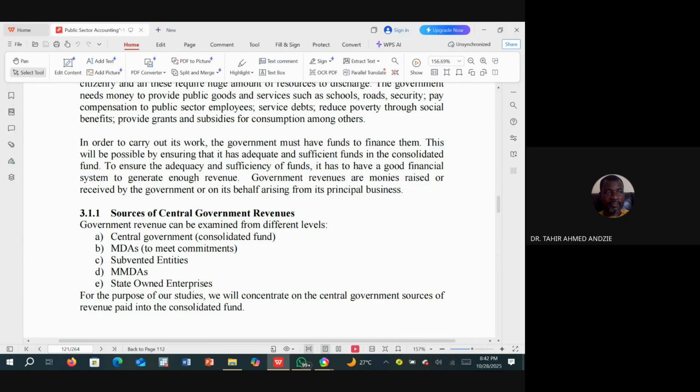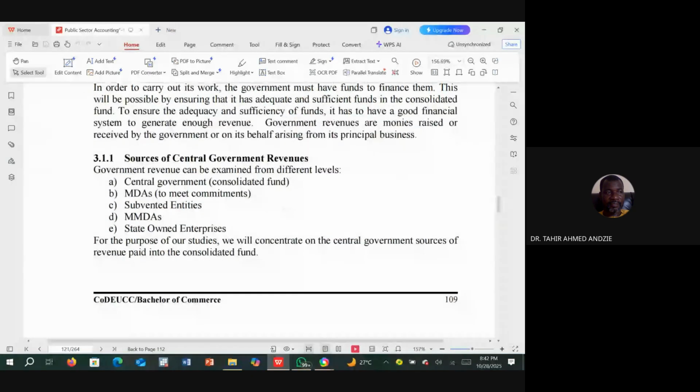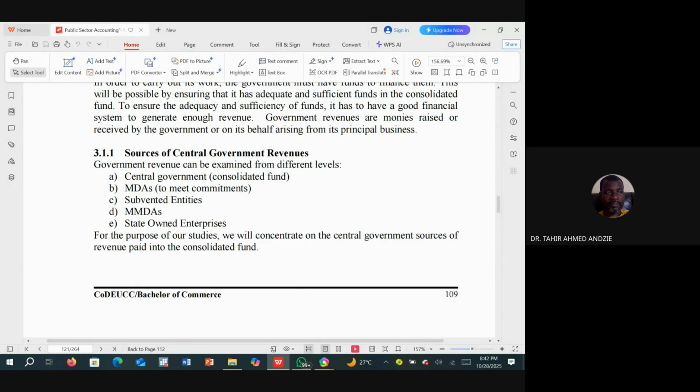So government revenues are monies raised or received by the government or on its behalf, arising from its principal business. Sources of government revenue, therefore, include the following. Government revenues can be examined from different levels. First one is central government, which is the consolidated fund. Then we have the ministries, departments, and agencies to meet their commitments. Subvented entities like the schools, like universities and others,